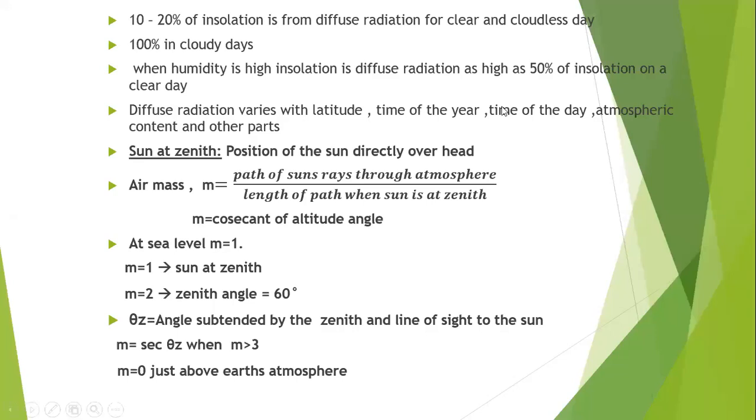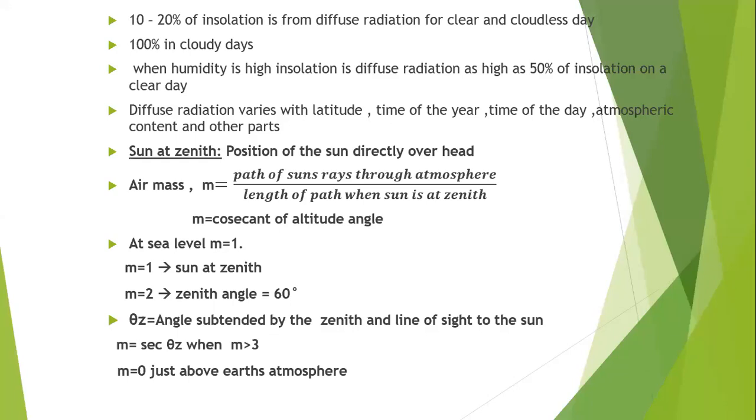when we are talking about the humidity levels, the insolation is also varying. So when the humidity is high, the insolation on a cloudy day is considered as 50% of the insolation on a clear day. Okay, this insolation is also measured at the same place and time. So when you measure the insolation at one particular place, if you observe the humidity levels at that place in the atmosphere, if the humidity is high, then insolation is 50% when compared to the clear day.